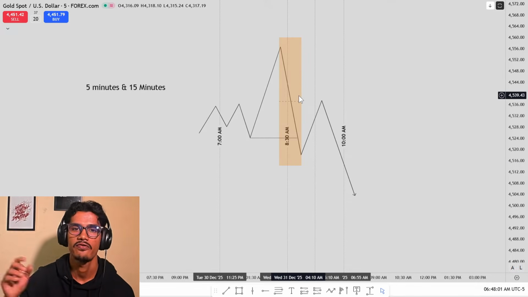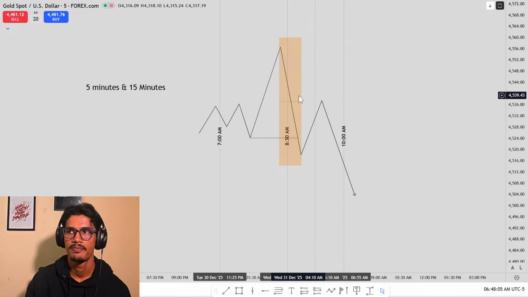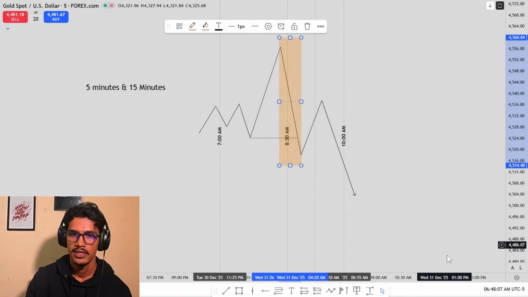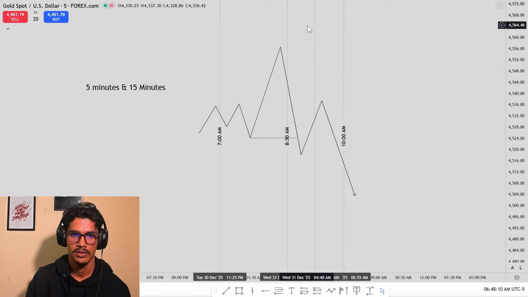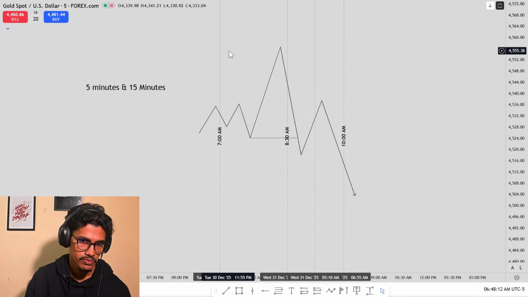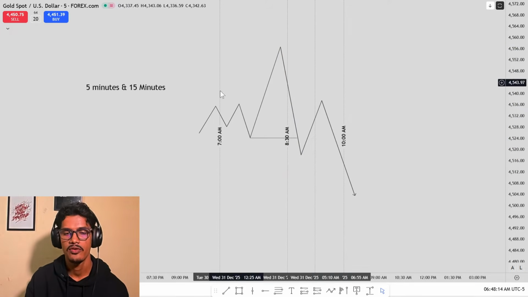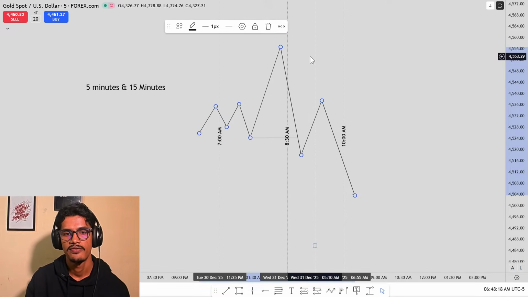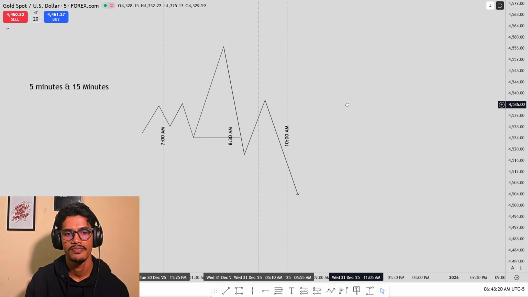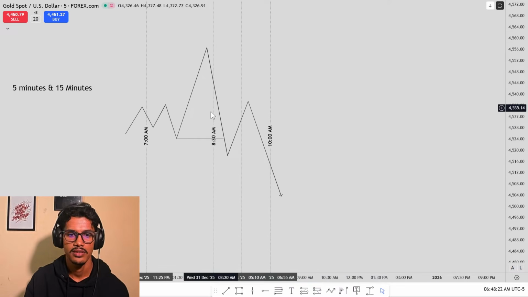Could be some sort of fair value gaps, maybe some sort of premium PD array, I would say, and it continues going in that direction. All right, so yeah, that's how it works. And you can just invert this for the bullish scenario. This is for the bearish scenario, you can literally inverse that